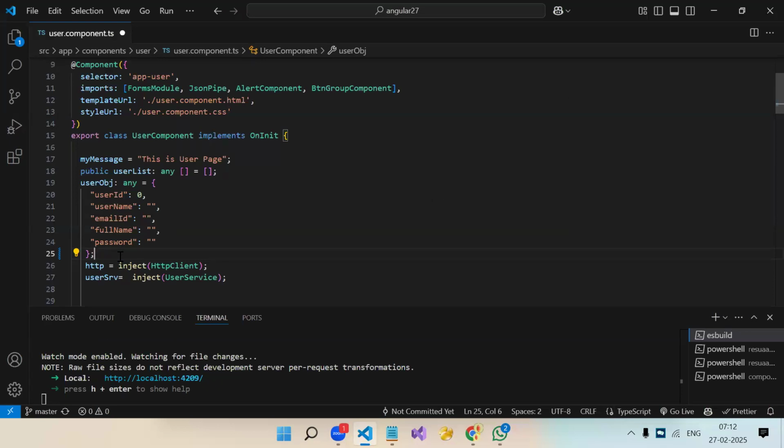Give me the proper answer. Anyone? When we don't know the data type, like what type of data we'll get. See, just understand your answer now. Here, listen to my answer. So we have to use any when we don't know what type of data we are going to store inside this variable. It's very easy.